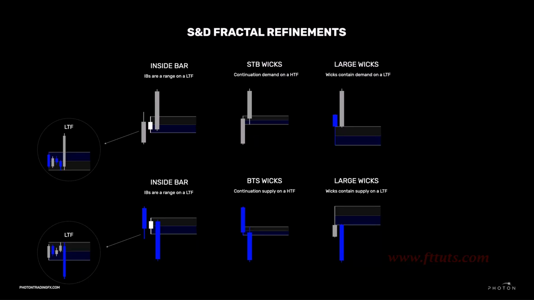So whenever you are looking at fractal refinements in general, if you just ask yourself, how did those series of candles form? That should help your mind to understand what may be happening on a lower time frame. So for the inside bar, you can see that price moved in one direction, then it paused, it failed to break the high or low, so it must be ranging on a lower time frame, and then price initiates out